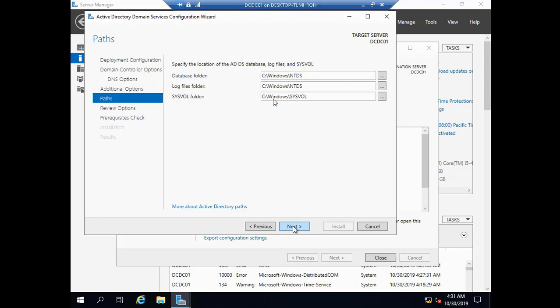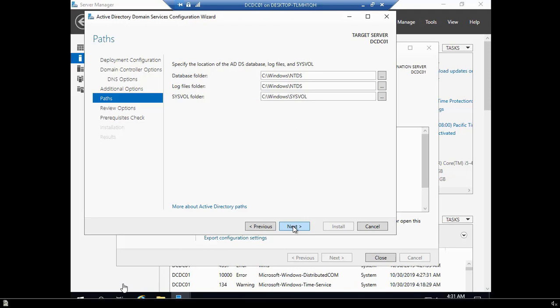And also there is another folder called the sysvol folder. This contains the location of the scripts that the Active Directory will use, and the group policies as well, as we'll see in a couple of seconds. This contains the scripts that will be used in the domain, and also our group policy objects will be in this folder. Don't worry, we'll do this in a couple of seconds, but